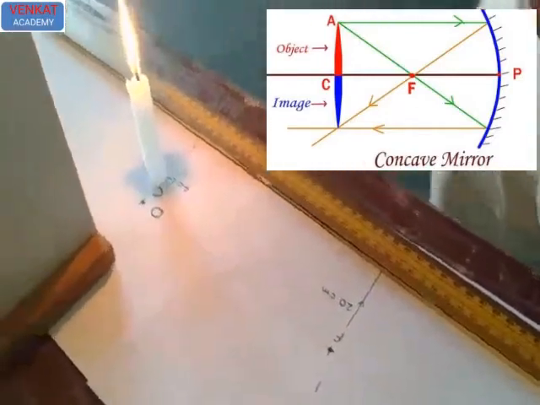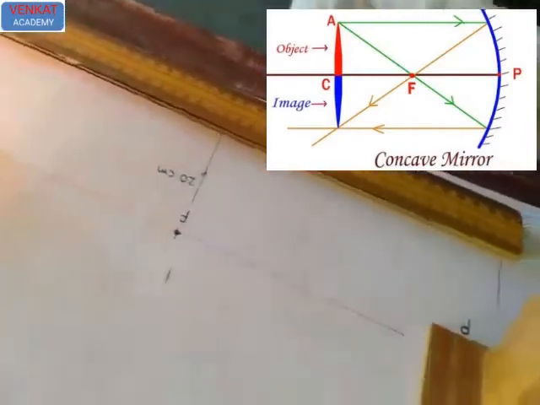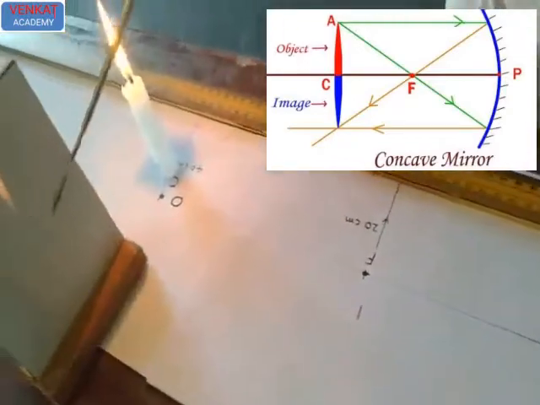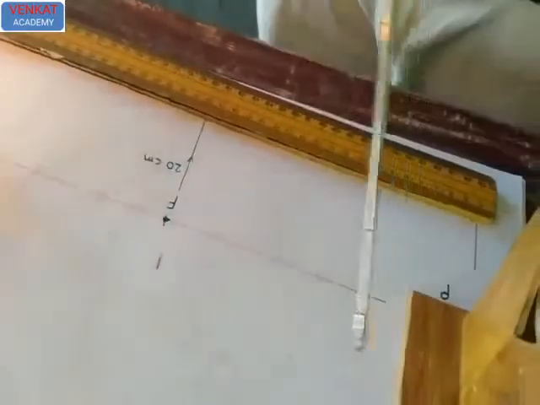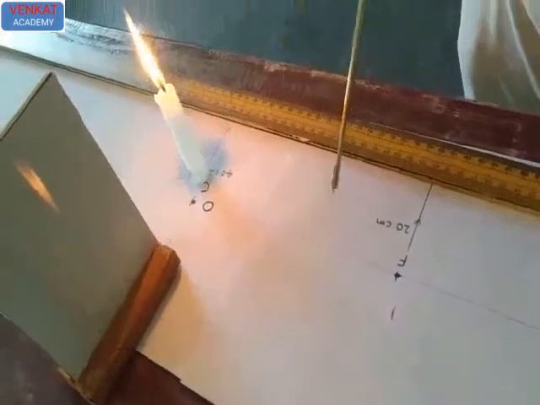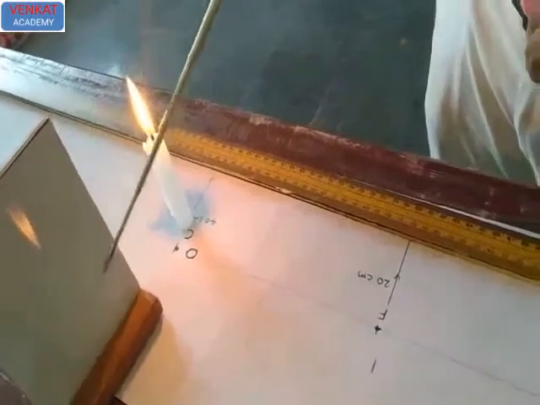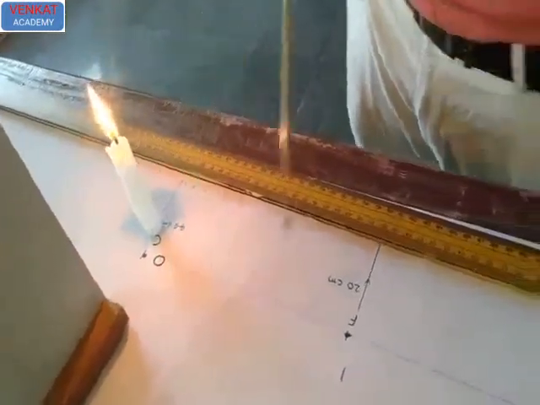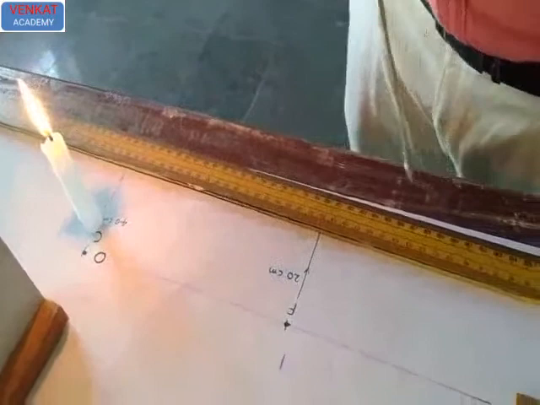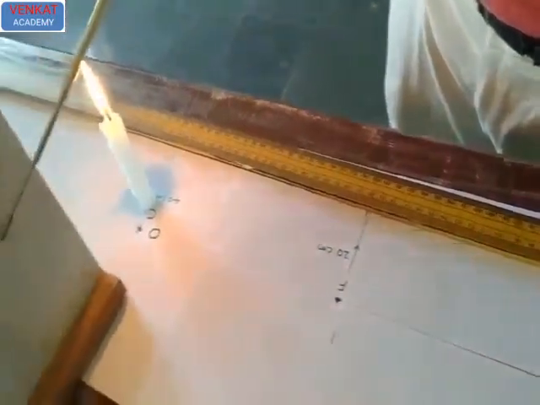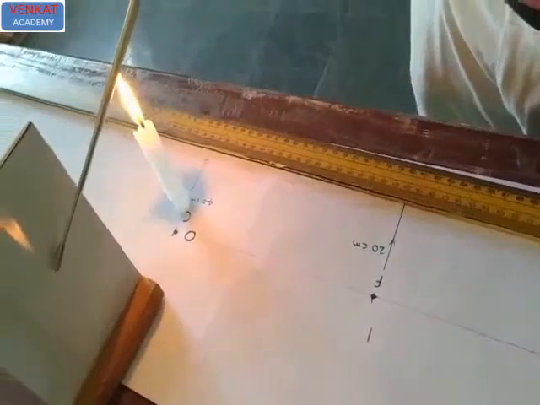In this condition, one light ray passes parallel and touches here, and one more light ray passes through focus and they meet at a certain place. All light rays touch the curved mirror and meet on the screen. So we are getting the same size of image. In this case, what kind of image do we catch? The image is real, because we catch it on the screen. That is what a real image is, and inverted.